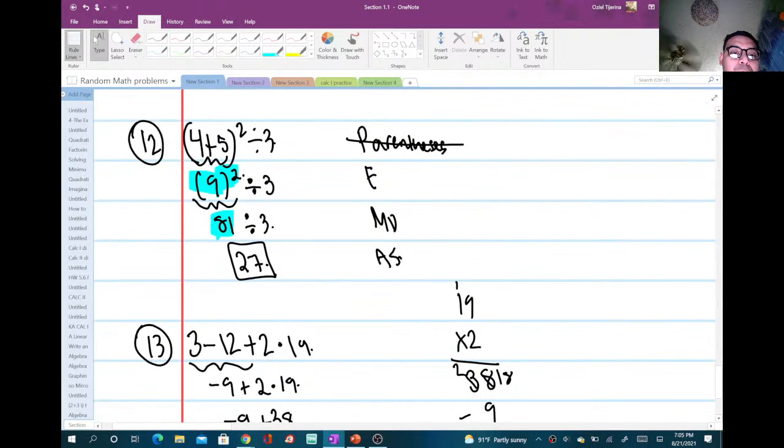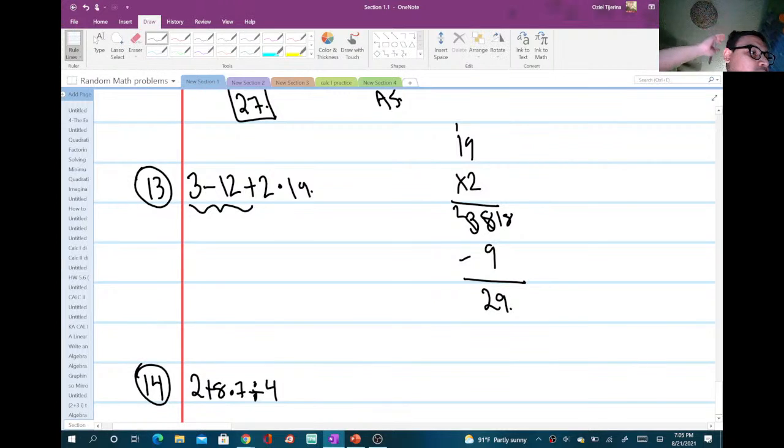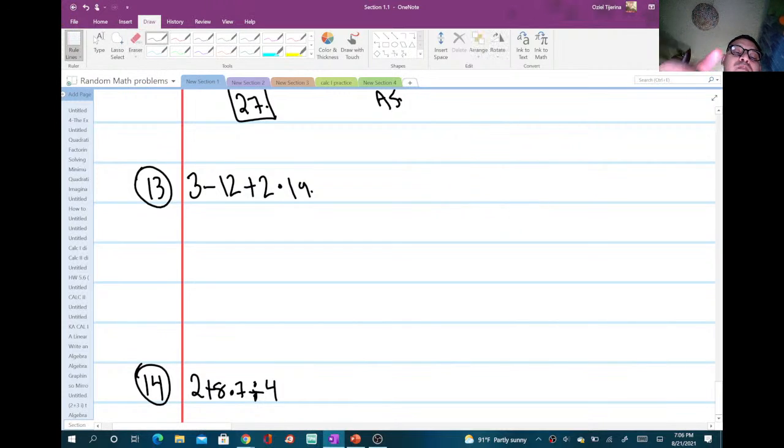Oh boy. Number 13 is a little tricky, I'll be honest. The thing is, and I know why I did it wrong, it is because we're multiplying. So basically we have 3 minus, and it's gonna be,